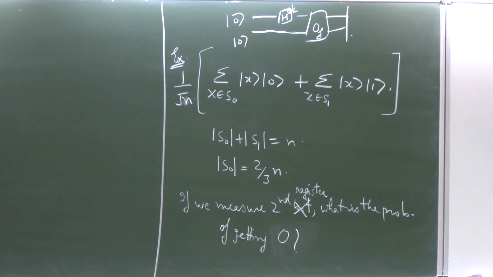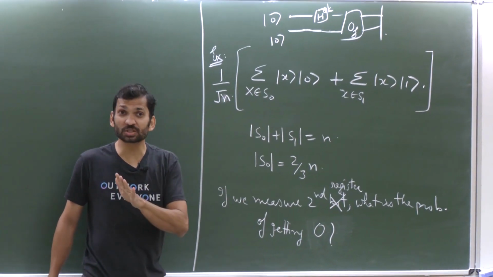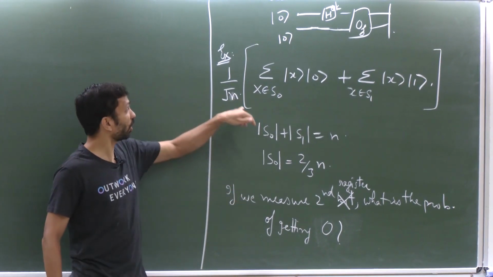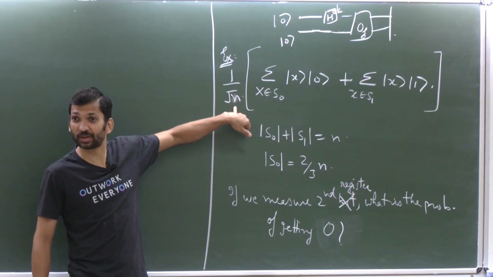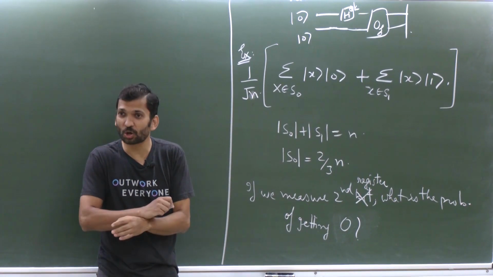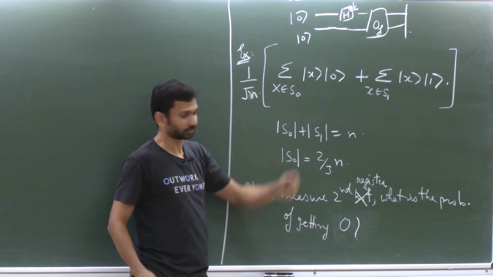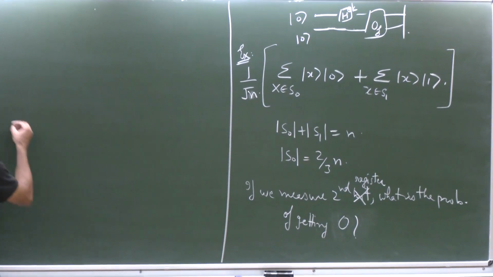The probability by which you will measure 0 is 2/3. It is not square root 2/3. You are not going to add the amplitudes on 0 and then square it. That will violate all laws of probability. They will not sum up to 1. Right? So in general,